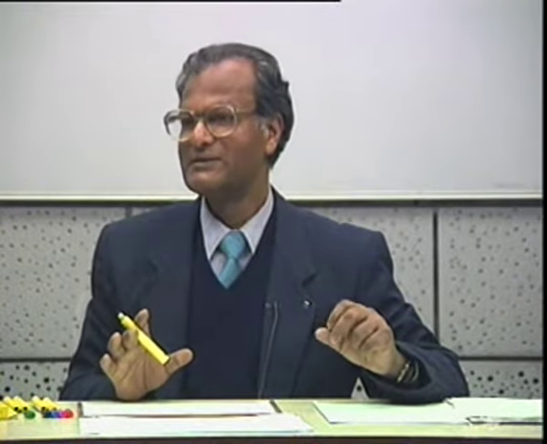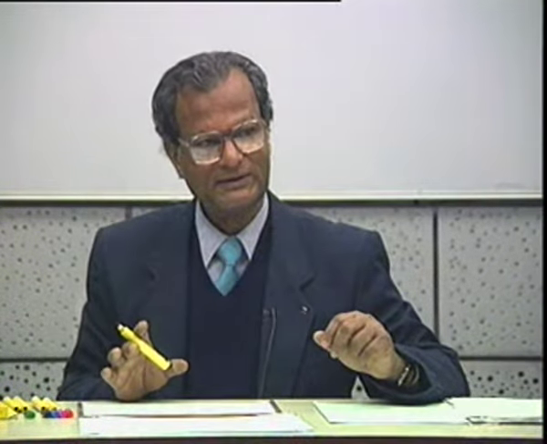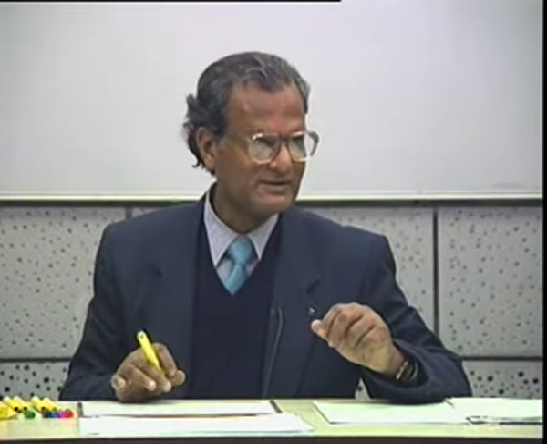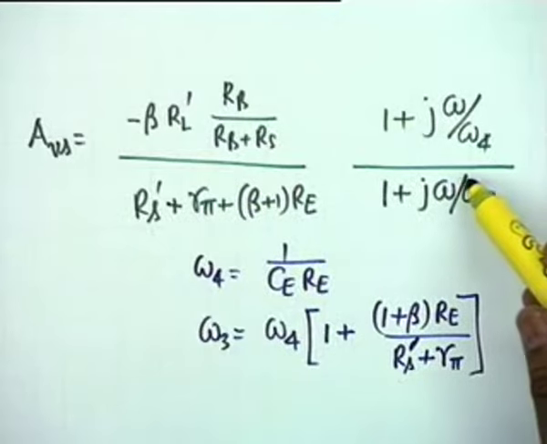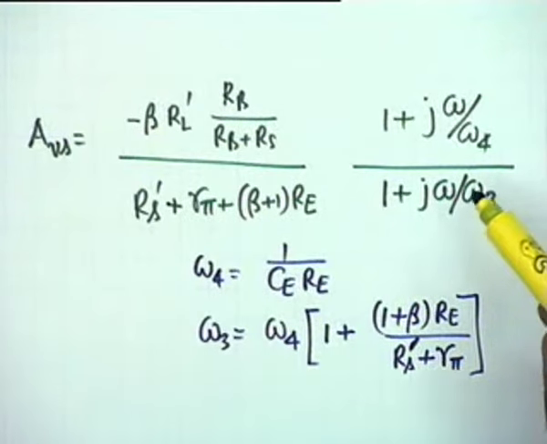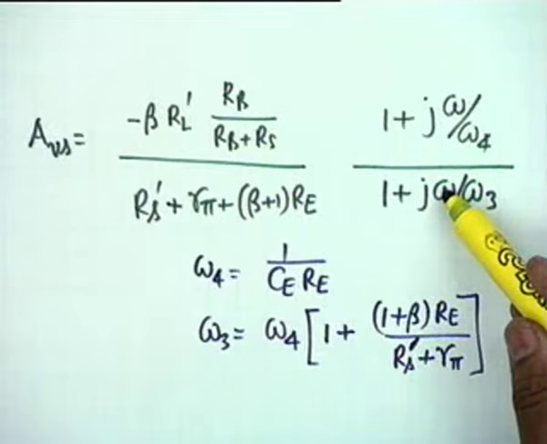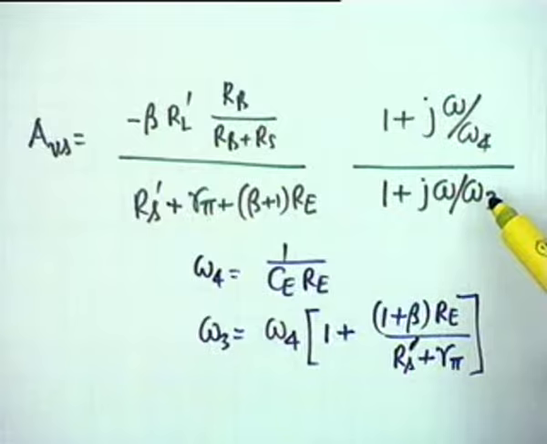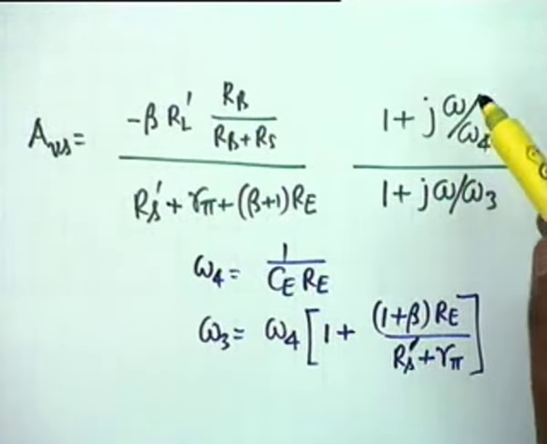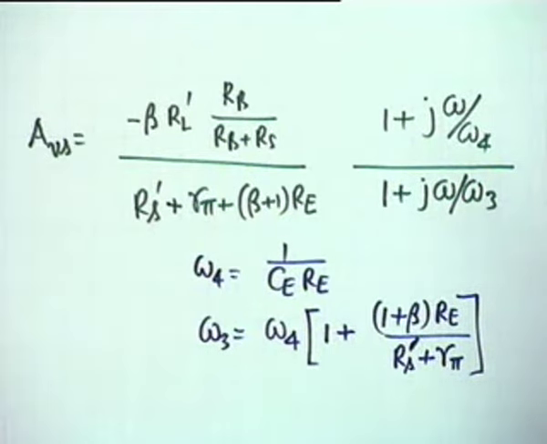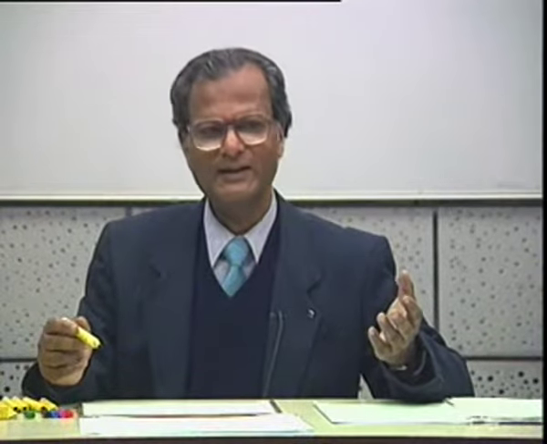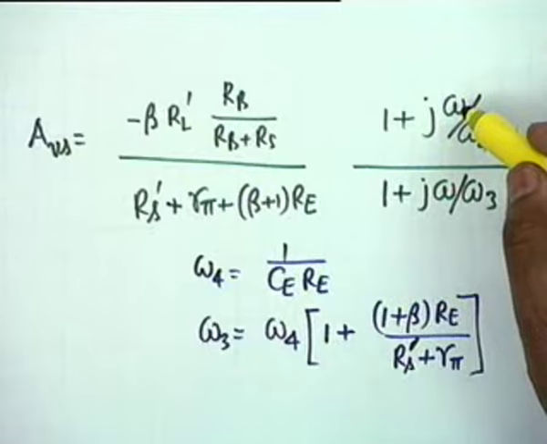Now this expression is not as simple as the earlier ones. It has a pole, a low pass kind of a pole, because omega occurs in the denominator, j omega by omega 3. It is not omega 3 by j omega. So it is a low pass effect, but it has a 0 also, at s equal to minus omega 4. Okay, so it has a 0 also, and therefore when omega tends to 0,